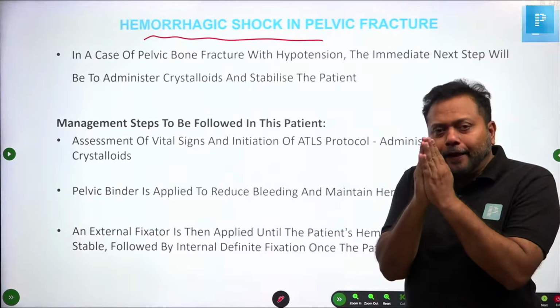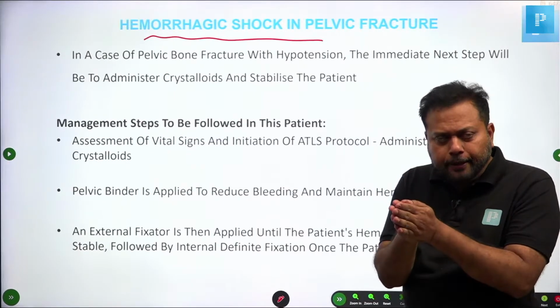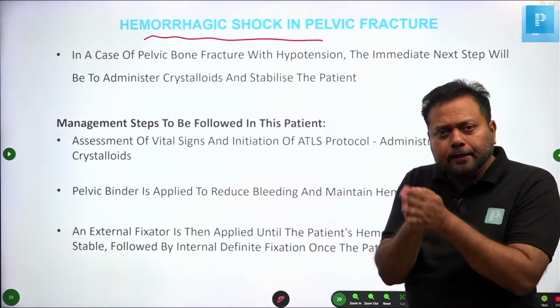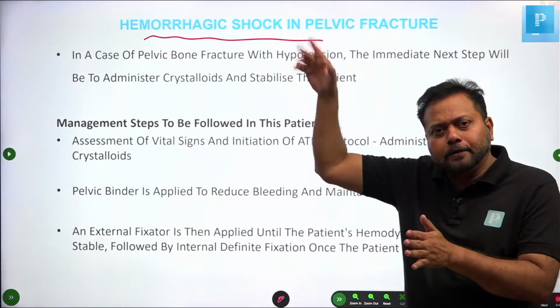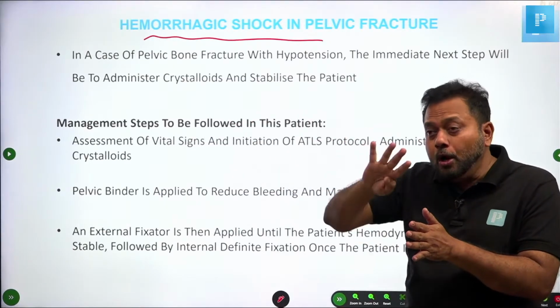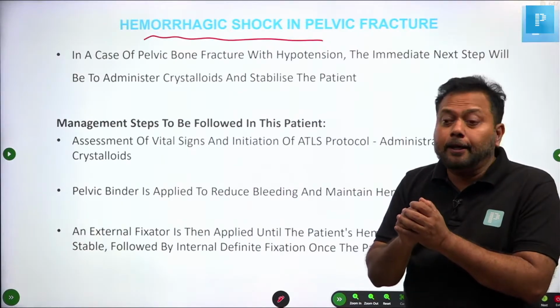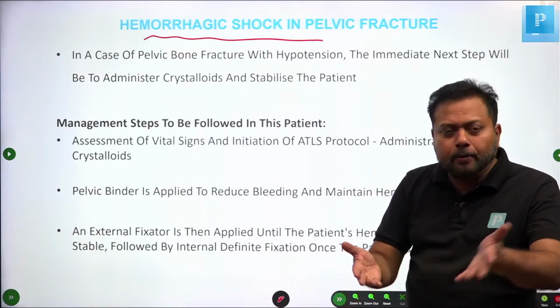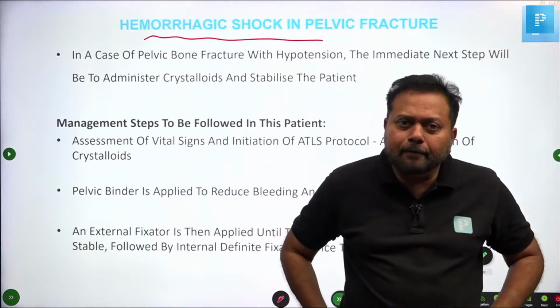A pelvic fracture case comes to you. It goes for hypotension. It is hemorrhagic shock unless otherwise proved. Fat embolism will happen 72 hours later, at least 48 hours later. Ideal time is 48 hours. Not immediately. Immediately, when a road traffic accident has happened, the patient has a severe pelvic fracture,